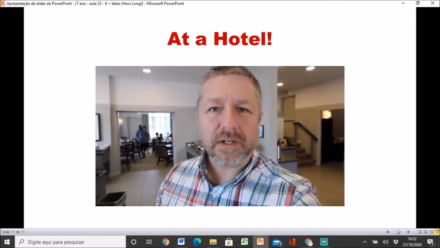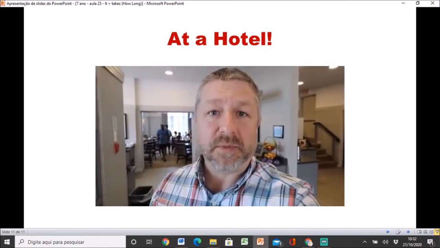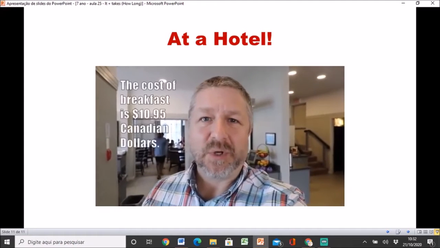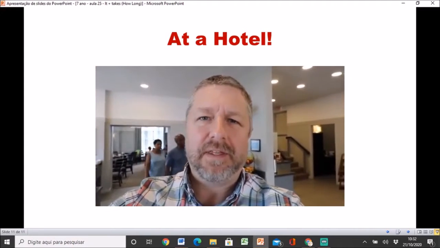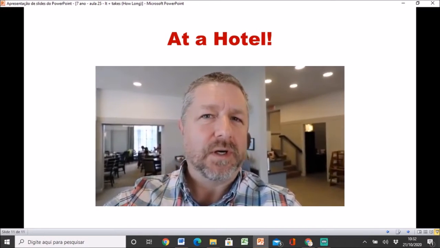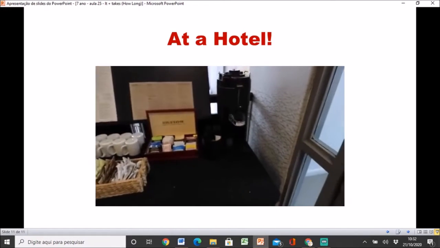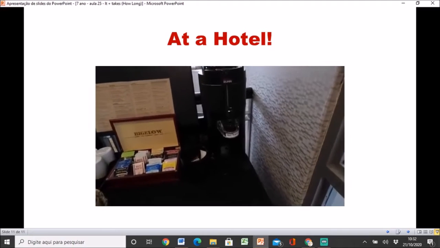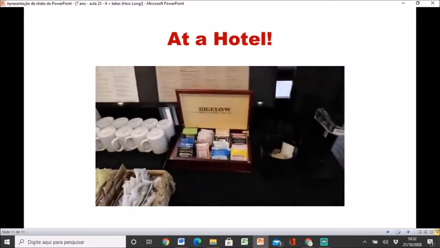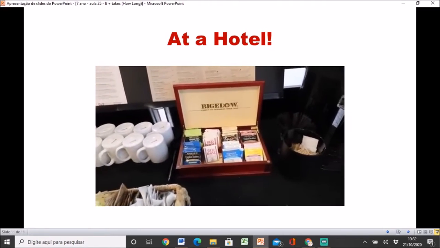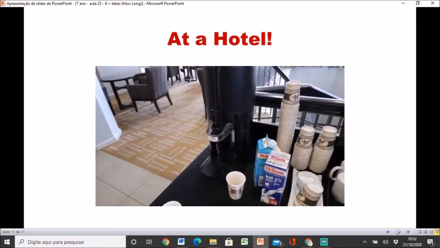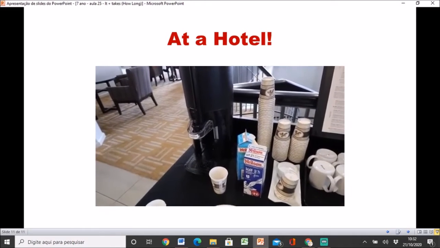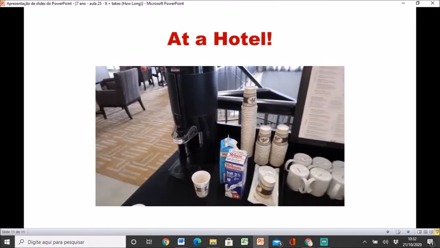So if you're lucky, your hotel will also have breakfast. The breakfast at this hotel isn't free. It's $10.95. But they have everything that most Canadians would want. If you look here, you'll see that they have some hot water to make tea, different kinds of tea bags. And then over here, of course, they have coffee, which everyone who loves coffee appreciates a hot coffee in the